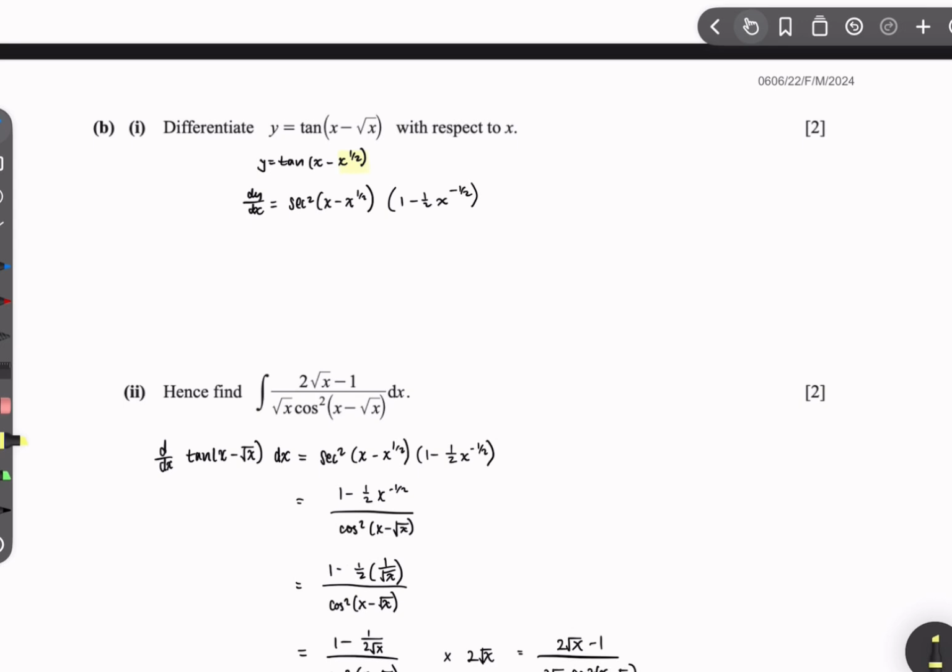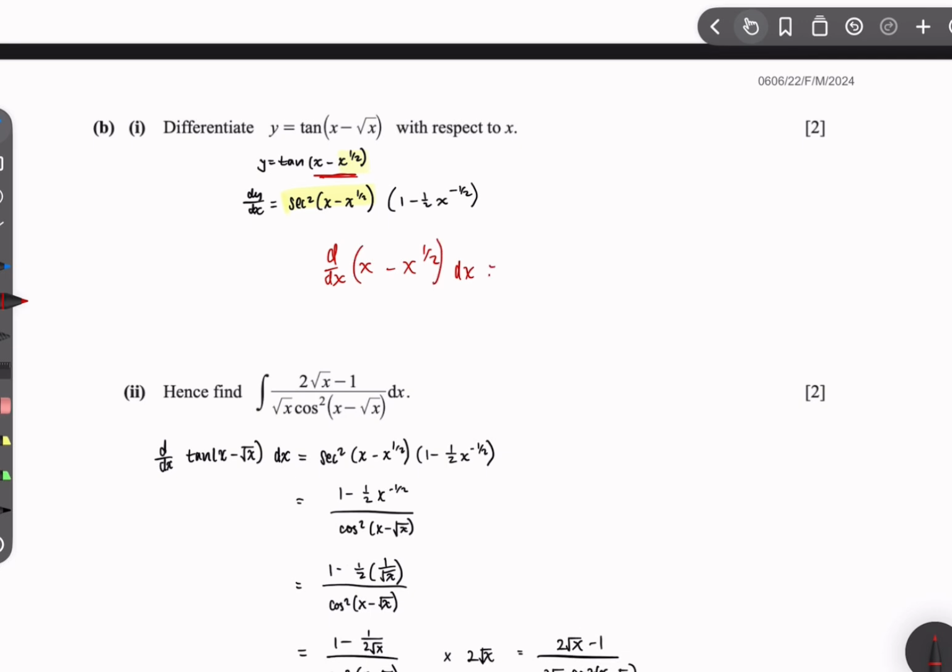So differentiation of tan x is secant squared x. So differentiation of tan of x minus x to the power of half will be secant squared of x minus x to the power of half, which is what I did here. And then when you differentiate, you need to remember to multiply by the differentiation of the values inside. Okay, so differentiation of x minus x to the power of a half,